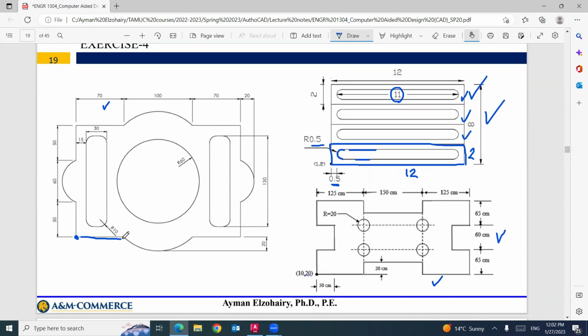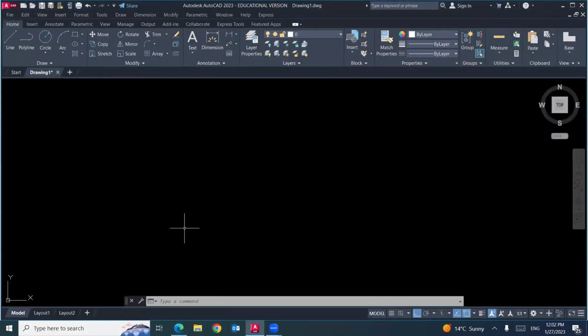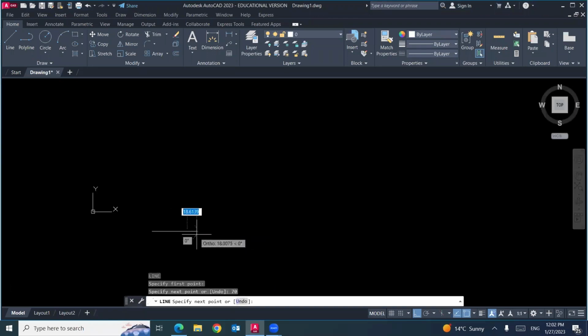You have many options. But keep in your mind, this length equal 100. And the remaining line is 70. So I will do it. L enter, 70, 100, 70.